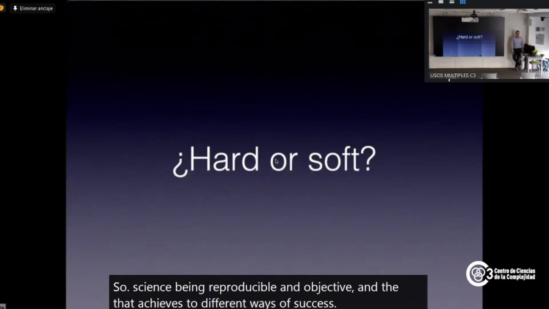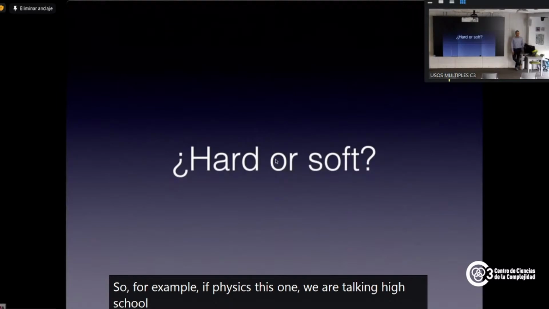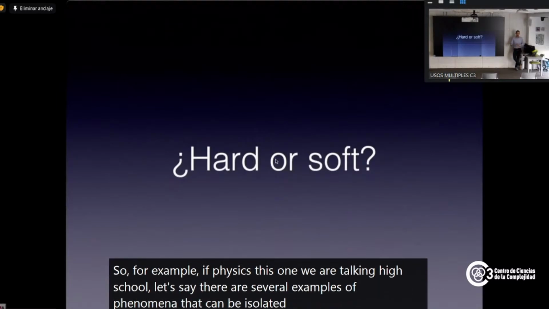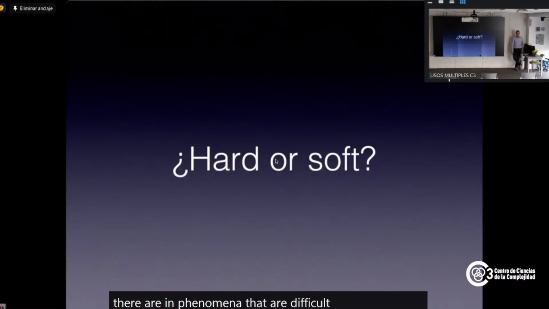So, for example, in physics, at least the one we are taught in high school, there are several examples of phenomena that can be isolated and reproduced and experimentally explored. It doesn't mean that in physics there aren't phenomena that are difficult to explore with this approach, but